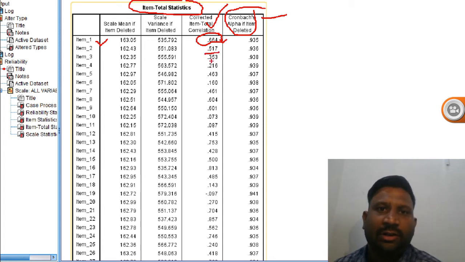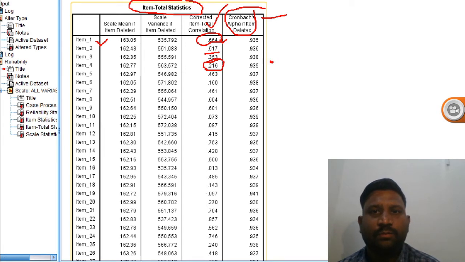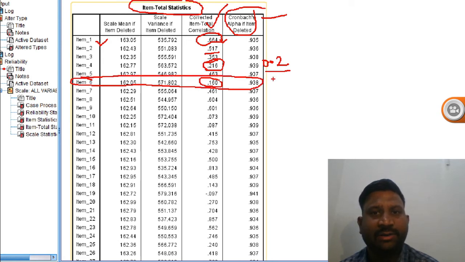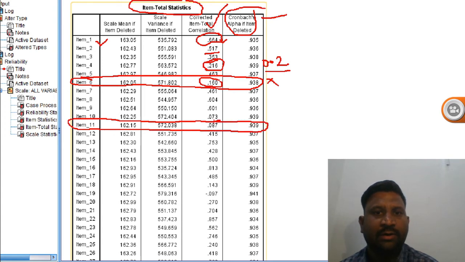So you can see all the items have a value greater than 0.2. Okay, this item is less than 0.2, so this item can be deleted. This item can be excluded from the scale, and this item can be excluded from the scale as well.